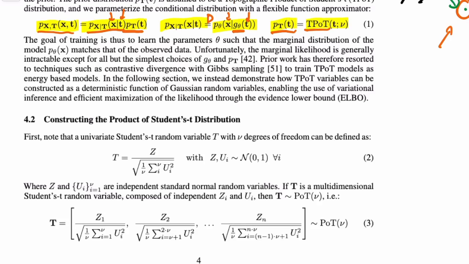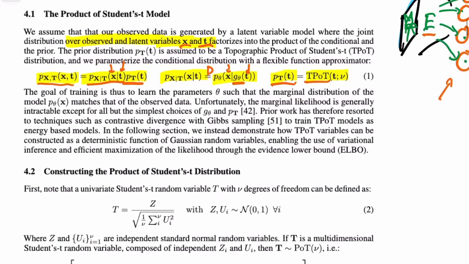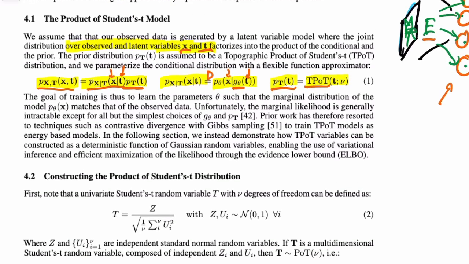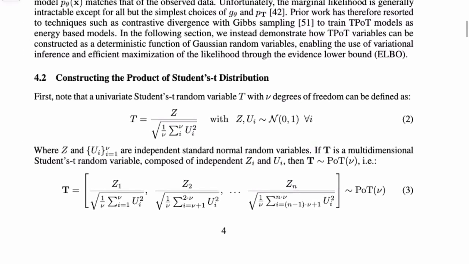Gaussians we can sample from efficiently, and we have closed form solutions for the KL divergences in the objectives. So essentially what we can do in these variational frameworks is Gaussians, not topographic product of student T's. However, here they show that we can in fact construct a product of student T's. This is not yet a topographic product, it's just a product of student T's